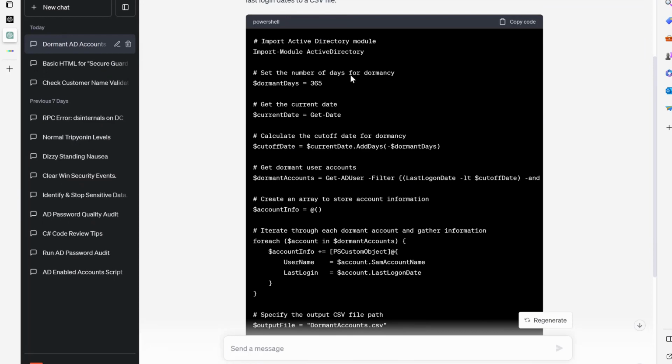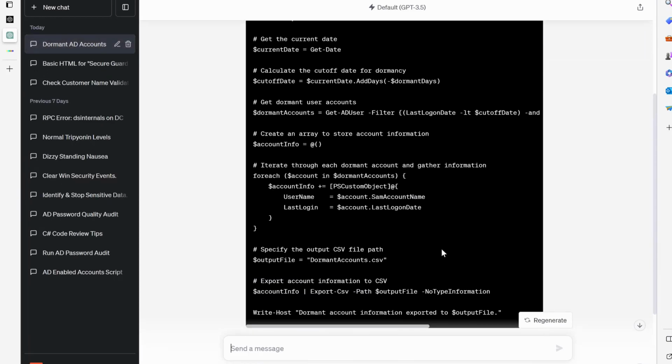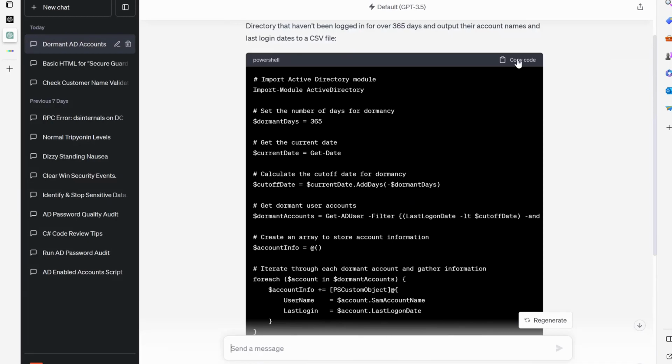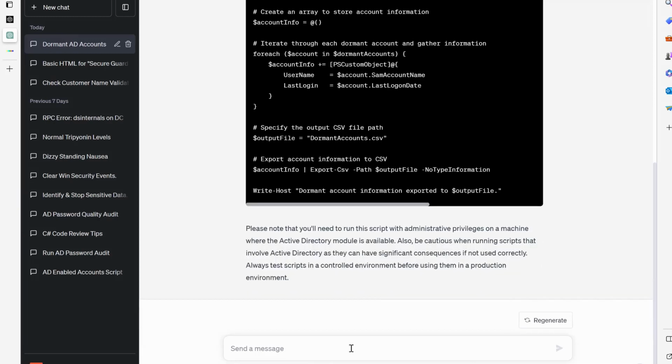And I've tested this a number of times. Its code is spot on. And so you just take this code, go to your domain controller, open up PowerShell, run it as an admin, plug it in, and it will produce a CSV. You might want to specify where that CSV path goes, but dormant accounts.csv. You can ask it for anything. So